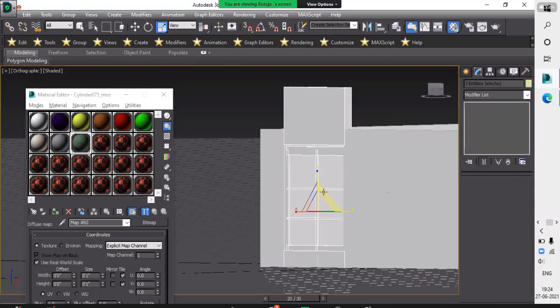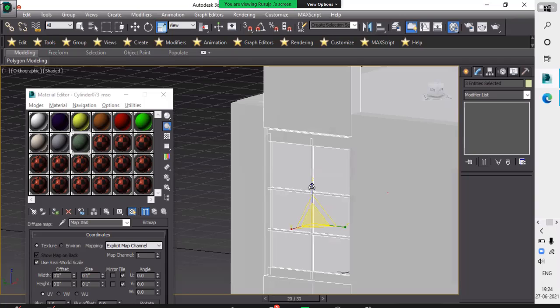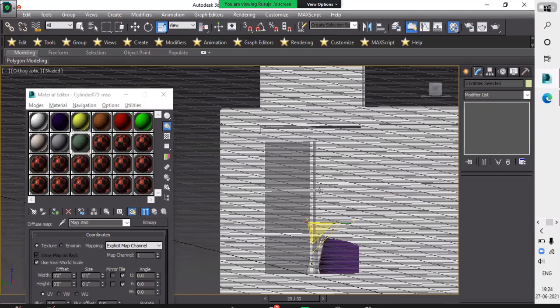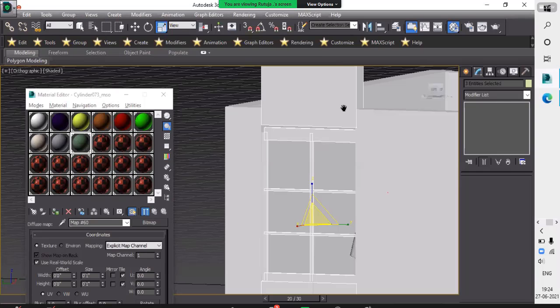I want to make this window wider because of the reflection of the sun. If I take the small window, then the reflection of the sun doesn't happen in the room.